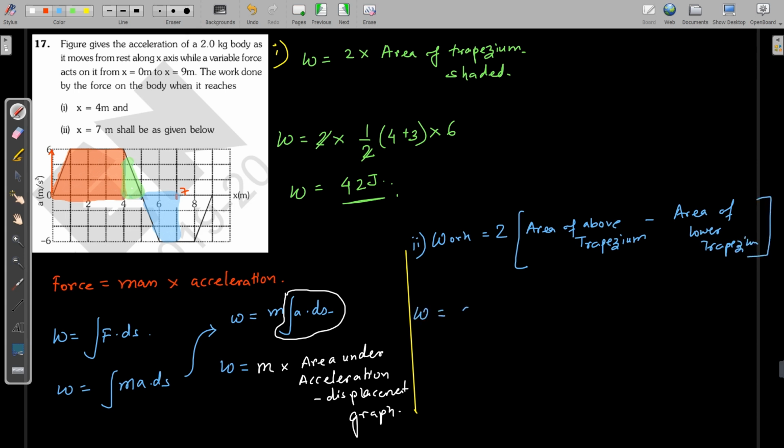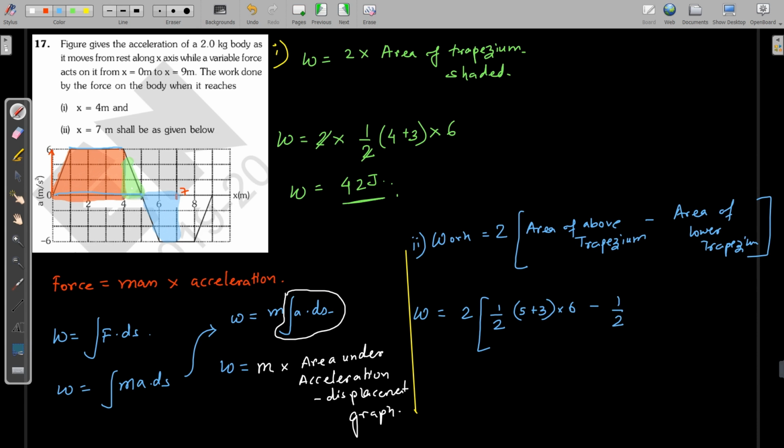So when we do that, what is the area of the above trapezium? Half the sum of parallel sides. What is the sum of parallel sides? This is how much? 5, and this is 3. 5 plus 3. Understood? This is 3, and this entire portion from 0 is what? 5. Into distance, how much? 6. Minus